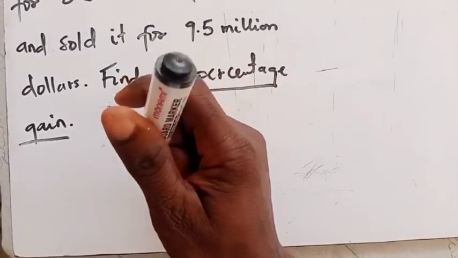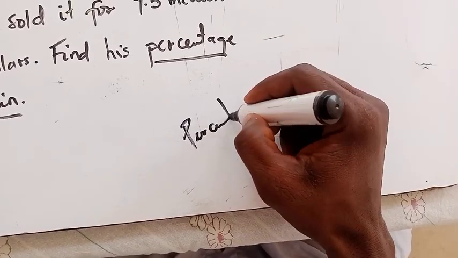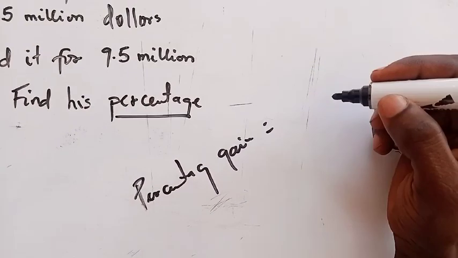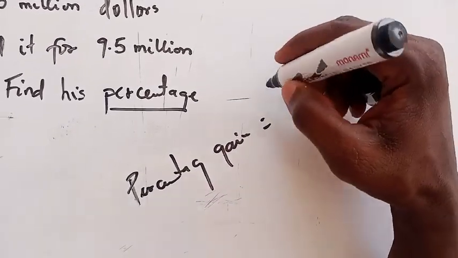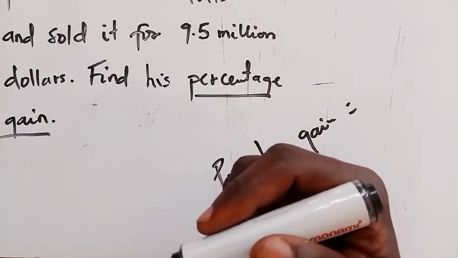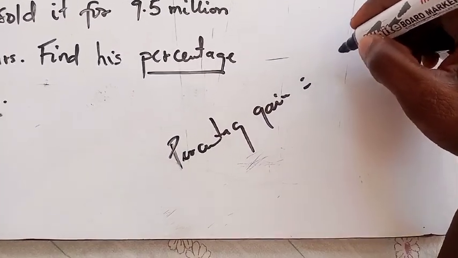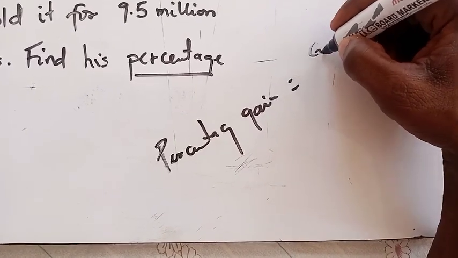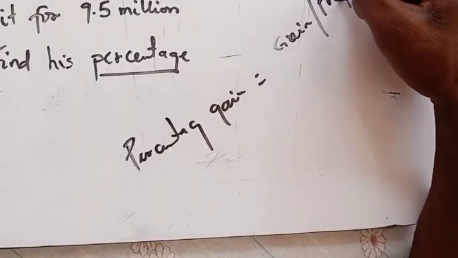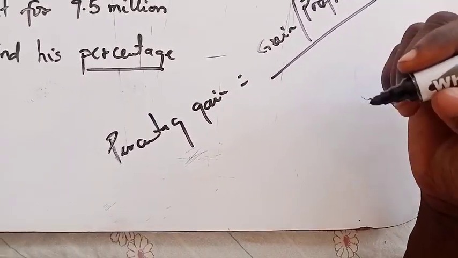So this is how it goes. The percentage gain, according to the definition, is going to be the change, or let's call that profit, because this is a gain. You are gaining something. Of course, you are not gaining any losses here. You can't gain losses. So the gain, or maybe that could be a profit, everything over the original amount.